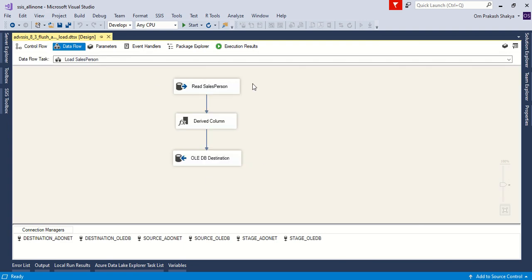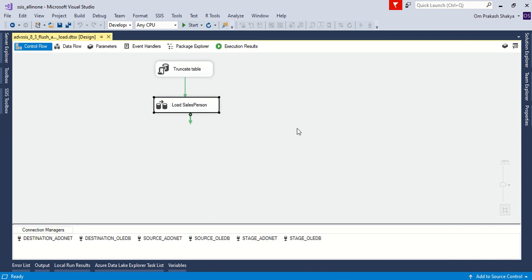So it will load the data into the empty table. This is how we can implement this data load pattern of truncate and load. In our demonstrations and other scenarios, I have used truncate just to not increase the size of those tables.